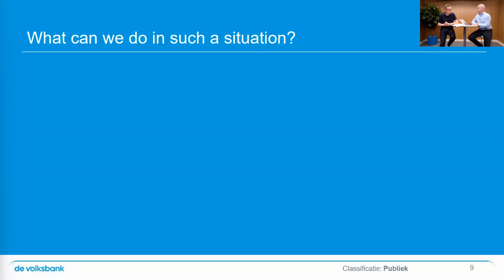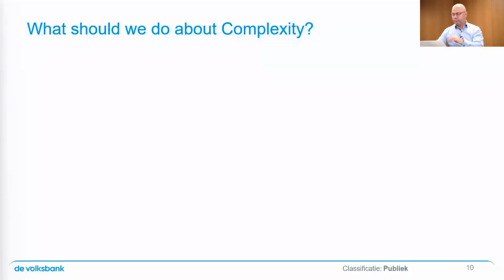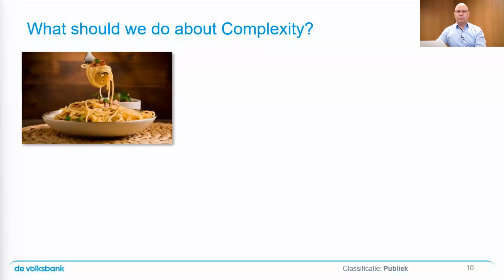All those different challenges. Yeah, there are a number of things that we did, and we've structured this into topics for this presentation. Let's take a look at complexity to start with. What we have as a starting point is this complex entwined landscape where many applications are interconnected. And if you make a change, it looks a bit like this nice plate of spaghetti. Of course it looks nice. The only concern with it is, if you try and take one of those strands on your fork, you either get nothing on your fork because it slips back, or you get a lot more than you've bargained for.